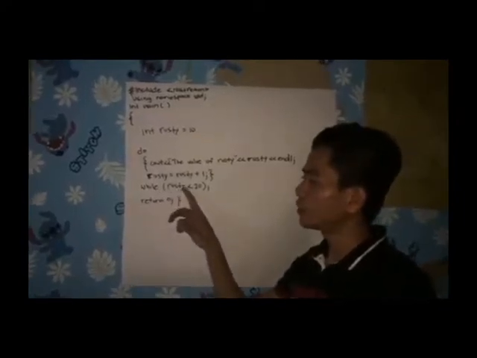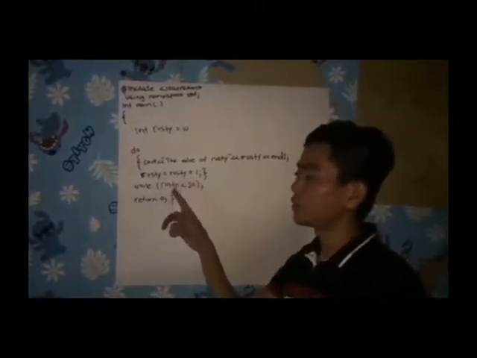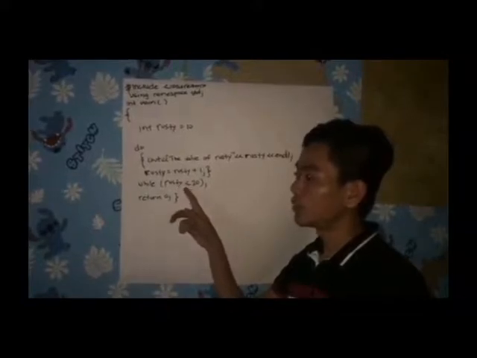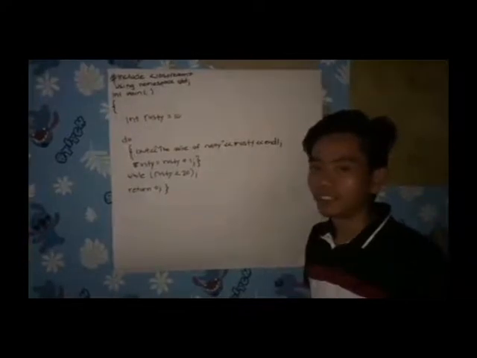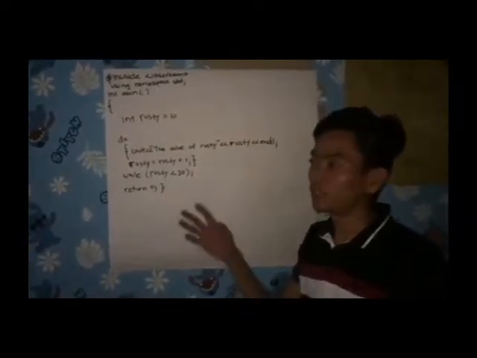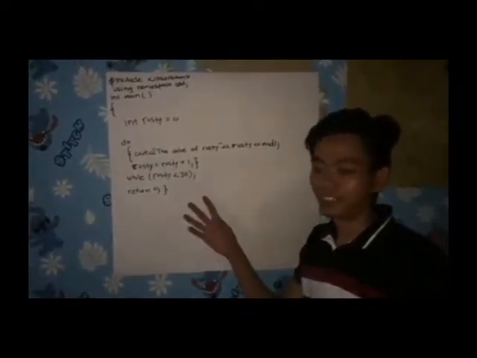While Rusty is equal to 11, because of the increment, and the condition is true, it will do the loop again until the condition is false. Now, the possible output in this program will be